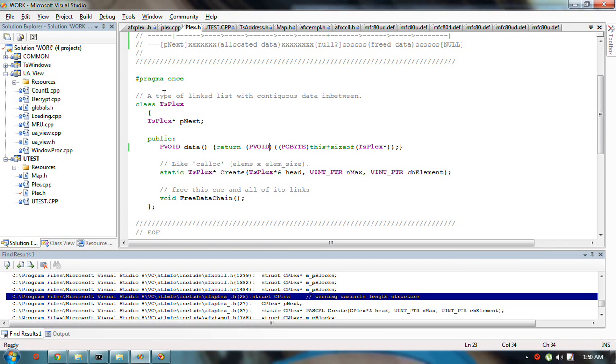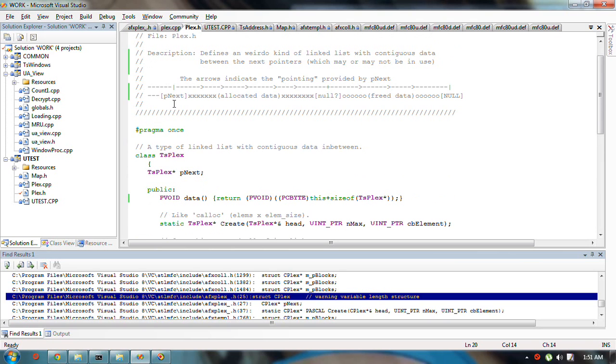So it appears as though a CPlex is a kind of a linked list where the data part lies in between the next pointers. You see what I mean? There's data, and it's immediately following this, and all this is a pointer value, right? So it's like this picture I've drawn with a pointer, and it may point you to another one,